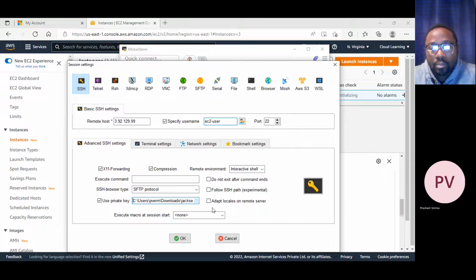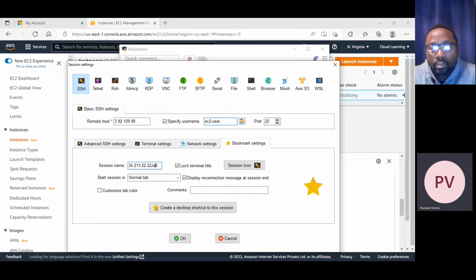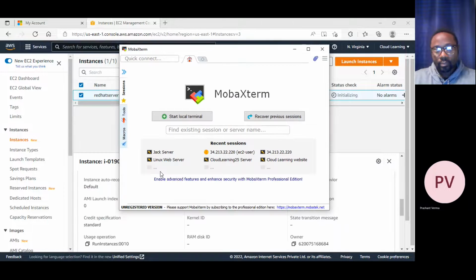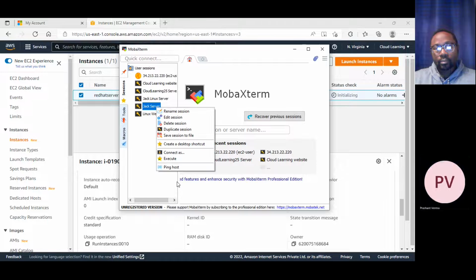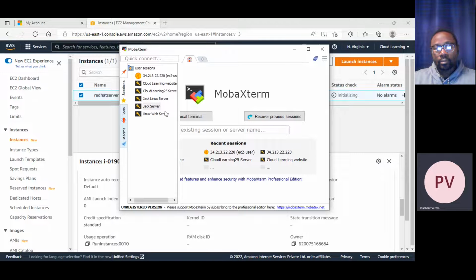So it should be here. Jack server key, and here I can say Jack Linux server. All good, so let me connect. It should show in the session. Here we go. Let me delete the other servers because I don't have them.